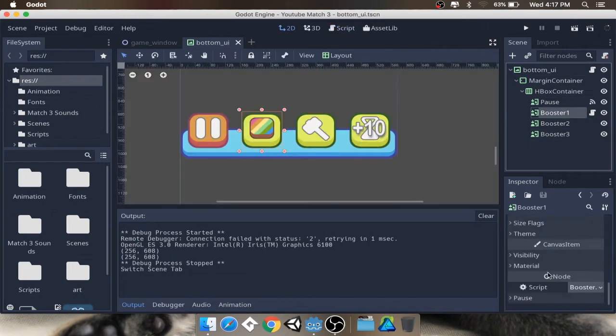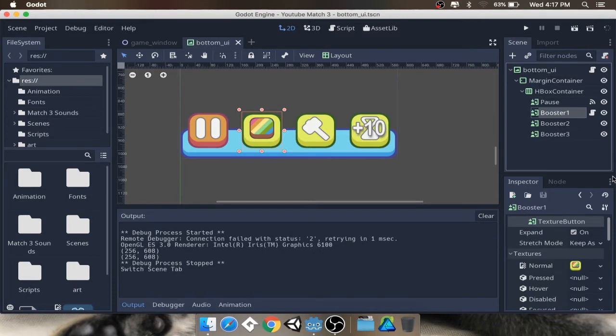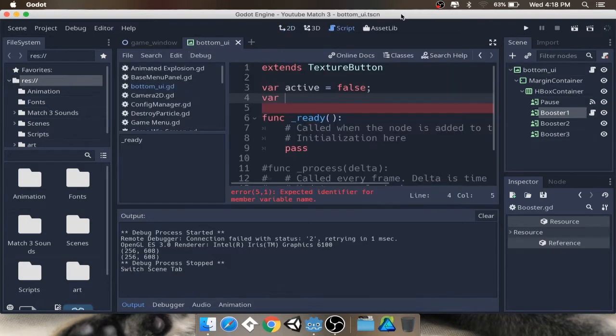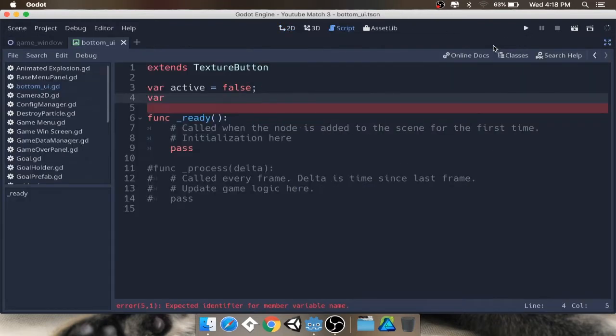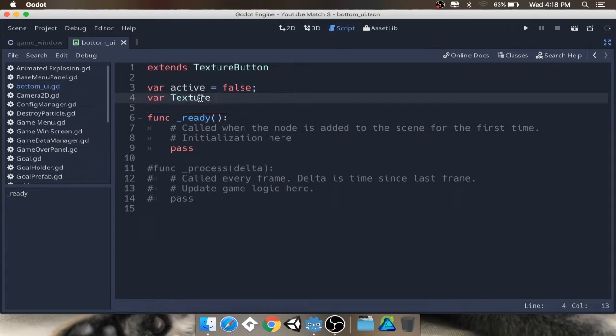What are they called? Textures. Is it that I needed to use a capital T? Is that why it was having an issue? Yeah, it probably was that I needed to use a capital T. So, there we go. So var texture, and we'll call this the active